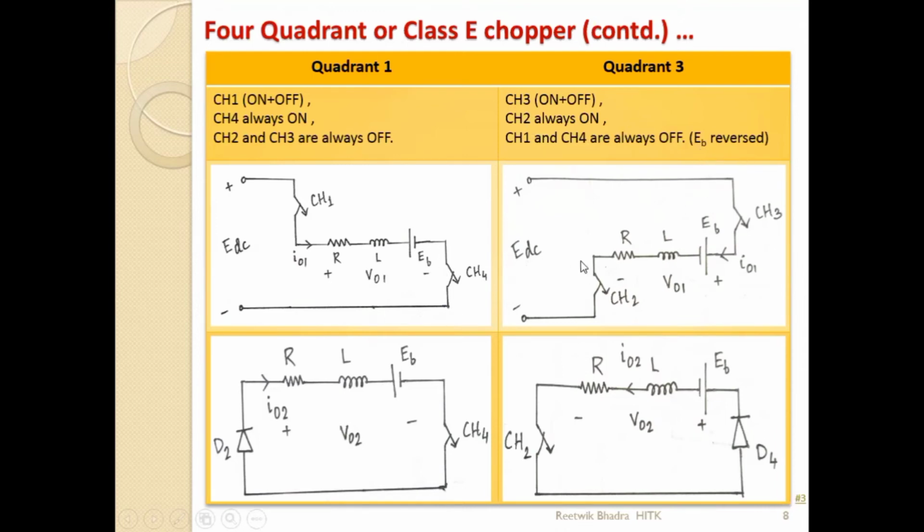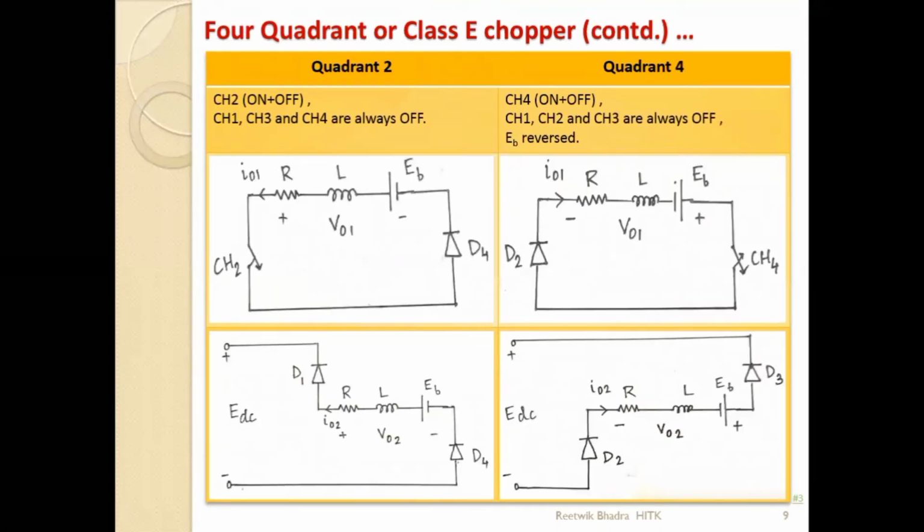So if you draw the figures, see both are mirror images. If you compare your figure for quadrant 1 and 3, these are mirror images. See, the chopper is a mirror image over here. This chopper comes on this side, this is a mirror image. Charging part, discharging part, mirror images. This side was chopper, this side becomes chopper. This side was diode for this figure, this side becomes diode for this figure. So basically quadrant 1 and quadrant 3 are mirror images of one another. This is how you can remember it very easily.